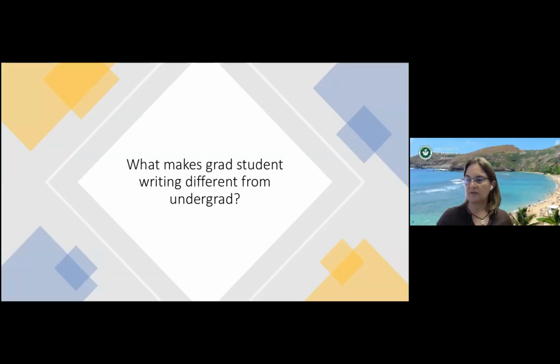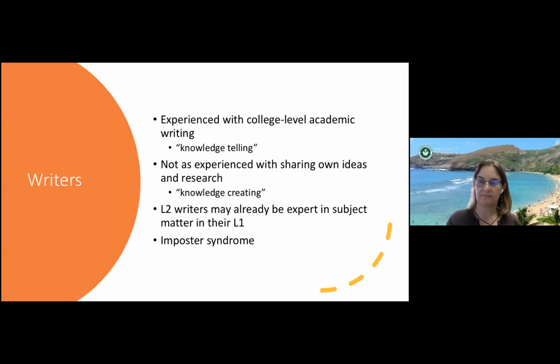Okay, so starting off with what makes graduate student writing different from undergraduate writing? The first of them is the student writers themselves are different. We usually think about foundations writing for first year composition as mostly introducing new ideas. Yes, students write in high school, but it's so limited compared to the many kinds of writing that they have to do as undergrad. So we treat foundations writing requirements as kind of an introduction to a new thing.